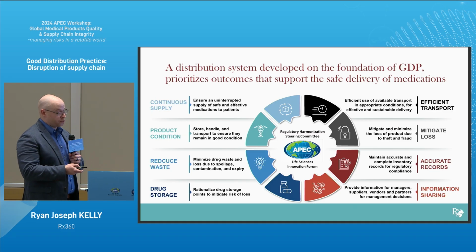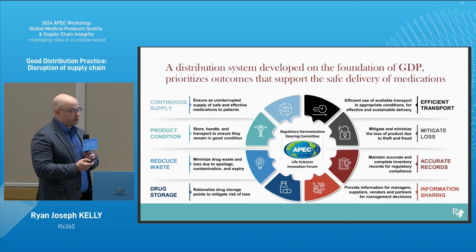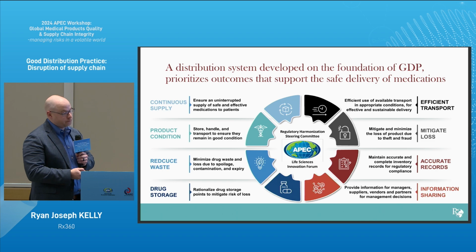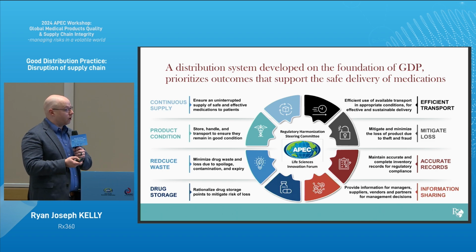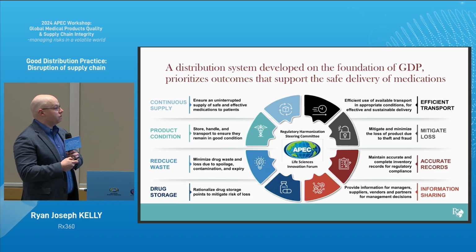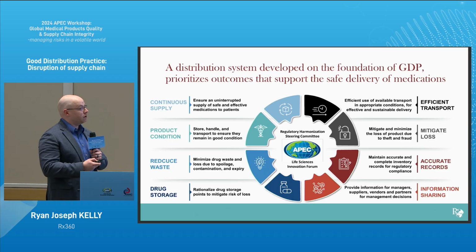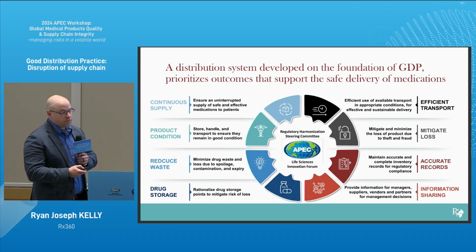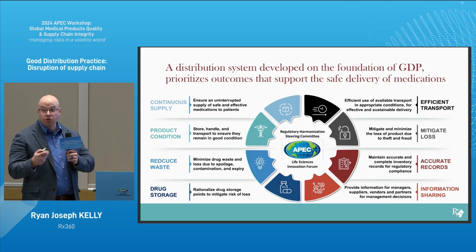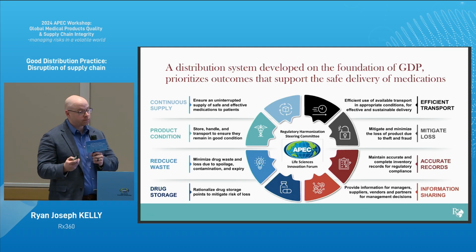We want to reduce waste, minimize drug waste, minimize loss, spoilage, contamination, and obsolete products. Making sure that we're storing drugs in a way that has business continuity built in, so we avoid the risk of additional loss. Efficient transport, mitigating loss during transport, avoiding theft and fraud, making sure we can prove all of this with accurate record keeping,